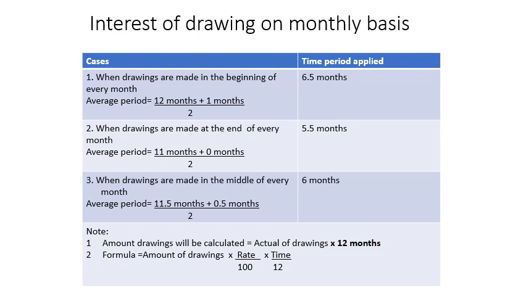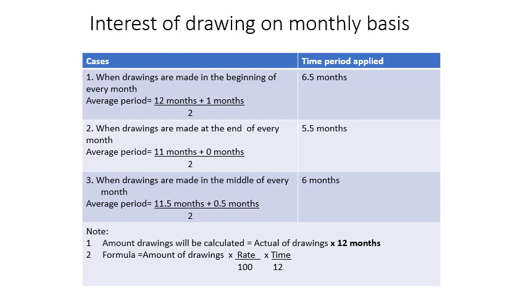So in the same formula you can apply it when a regular interval, time period and the same amount are there. On that basis, the first and the last month time period can be used for calculating the average period, and this time period can be applied for calculating the interest on drawings with the simple method, or the shortcut and time saving method. But you may observe here, when I am talking, that at the beginning of every month, 6.5 months will be applied, or at the end of every month, 5.5 months will be applied, or at the middle, the average of the first two methods, called 6 months. So now you may observe the formula, this is the simple formula.